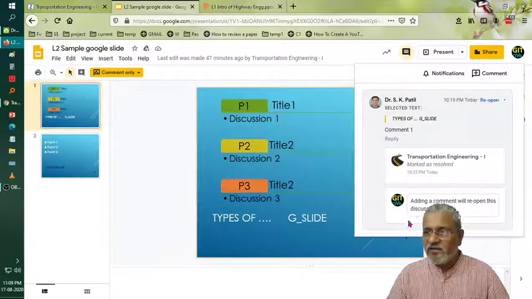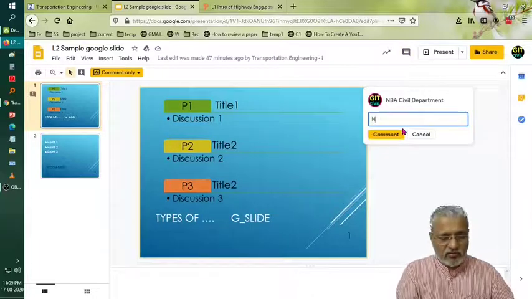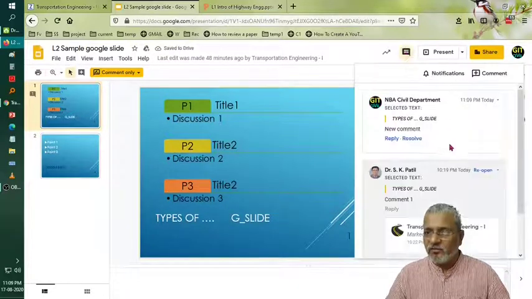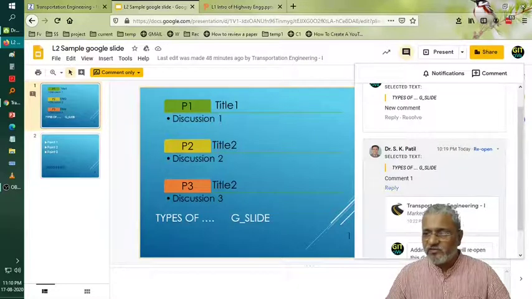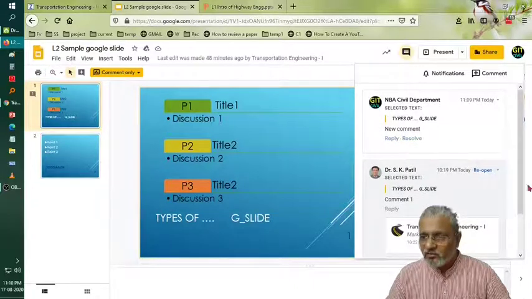Slightly different scenario there. He can add the comment, a new comment. He is writing something to you and he has written it there. Okay. Now here you can see the previous queries which have been resolved by the concerned faculty, and now a new query somewhere there.